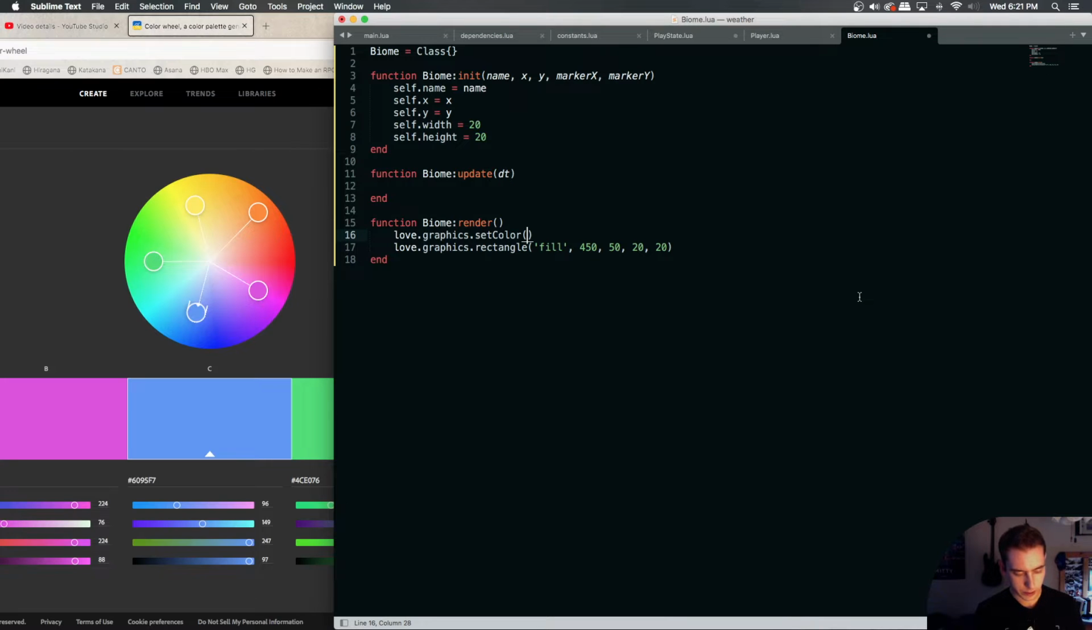Our red is 96 out of 255. Our green is 149 out of 255. Our blue is 247 out of 255, and then our opacity. I guess I always thought this was opacity, but